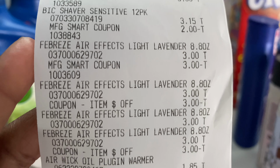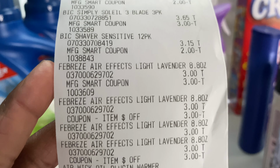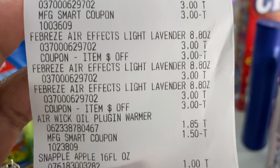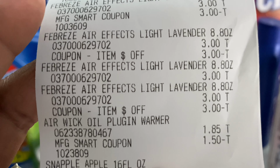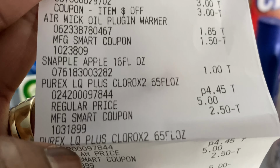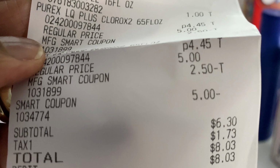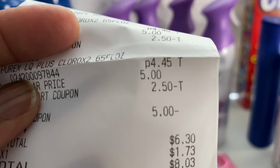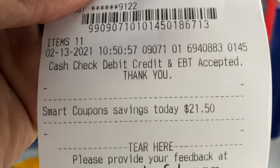Y'all see that's one main, which, you know, Family Dollar coupons are called smart coupons. There's one $3 one. There is the other $3, which is my coupon. And then there's the other $3, which is my coupon. There you go. There it is. Everything came off. There's my smart coupon, my $5. My subtotal was $6.30. And where is, oh, here you go. And here is my savings,